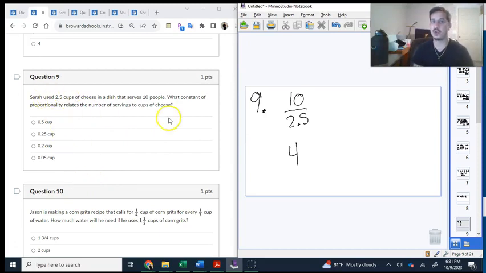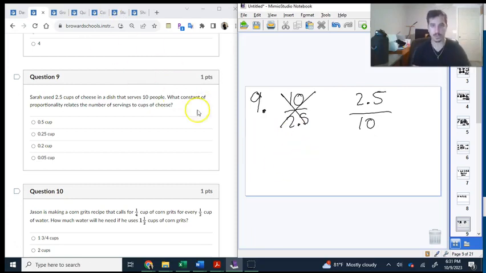Okay? So what I have is I have 2.5 cups of cheese and I'm dividing that through 10 people. Okay? That is how we would set that up. That is the wrong way. This is the correct way. Okay? So the cheese is Y. Cheese is Y. And number of people